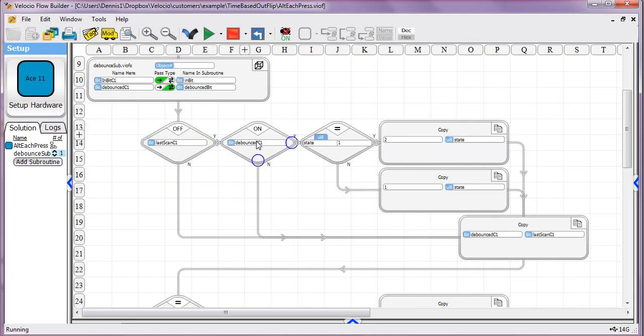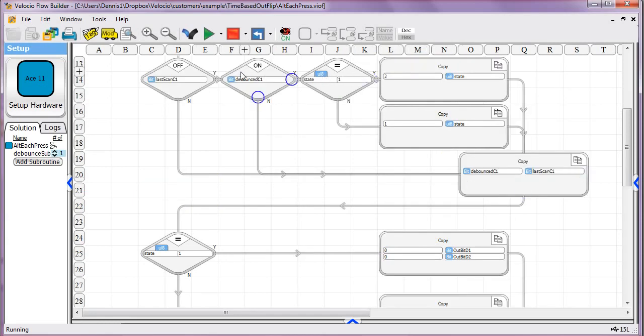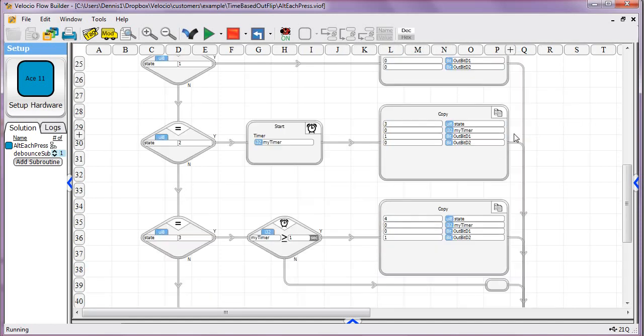We're checking for that rising edge again, just like we were, but this time, instead of asking if a particular output is on or off, we're going to say, are we in state equals 1? And state equals 1 is where we're going to turn both the outputs off, and we're going to hang out here until the rising edge transitions, and we ask if state is equal to 1, then we're going to move it to state equals 2,